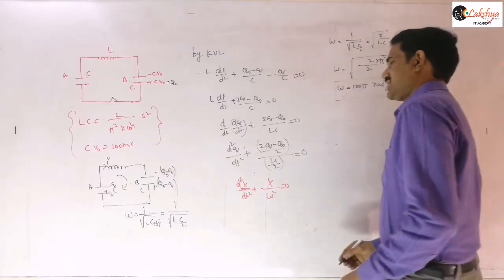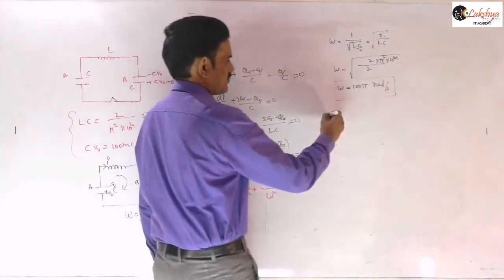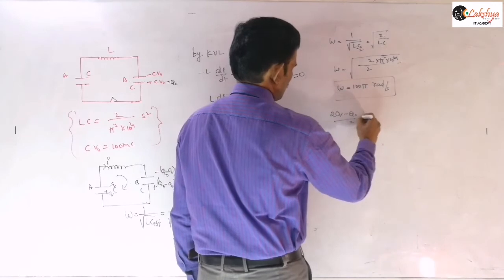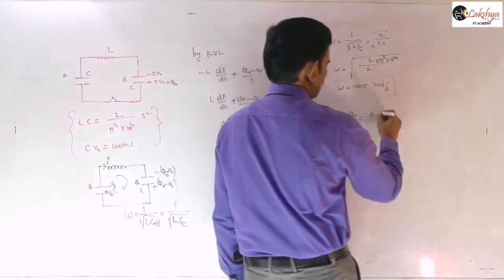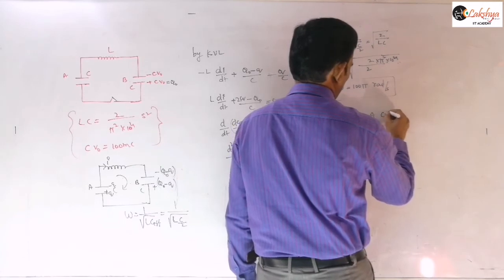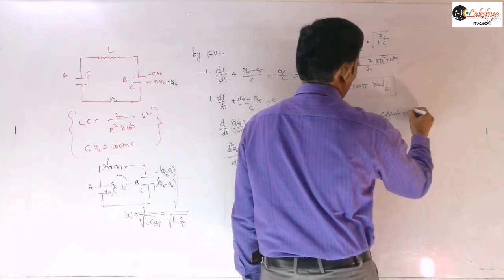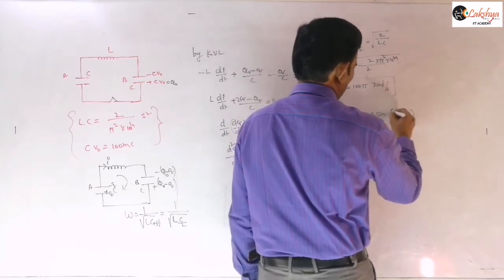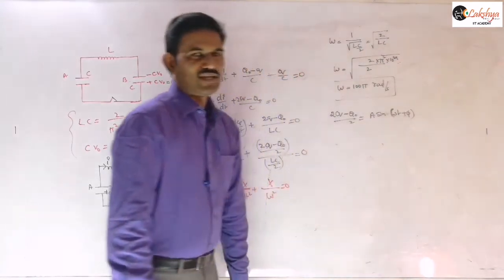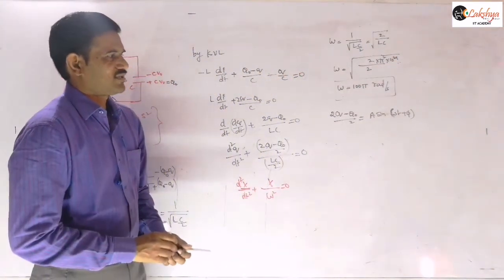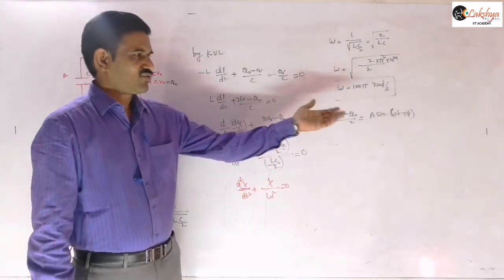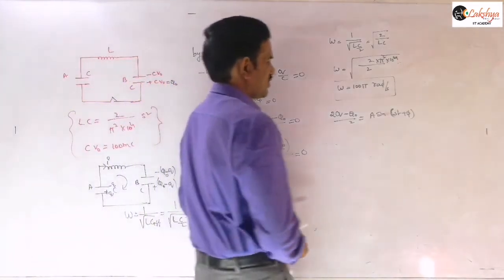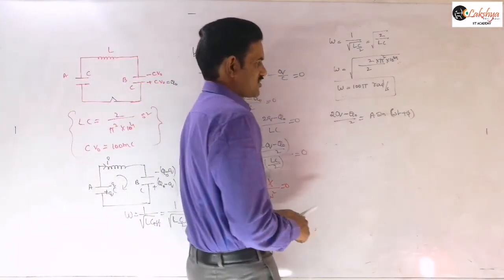And then next let us write the charge equation here. Therefore the charge equation, what we can write there is (2q minus q naught) by q is equal to some a into cos(omega t plus phi). Cos you can consider or sin also, that is your choice. We are again taking a general equation here. Is it clear? So then this is our x value. So x is equal to a sin omega t we are taking, where a is nothing but the amplitude of this charge. And now we need to find the two unknowns in this equation.